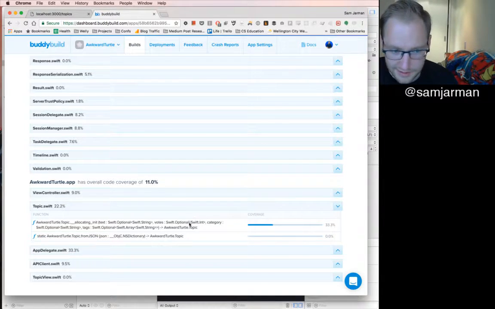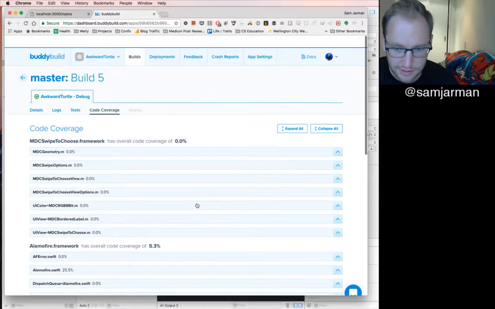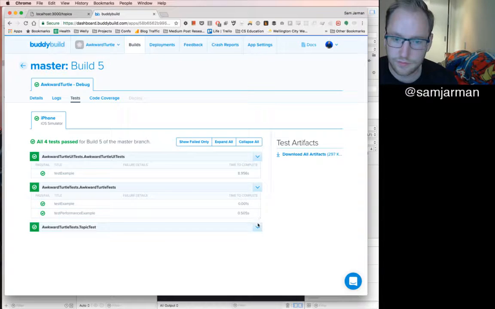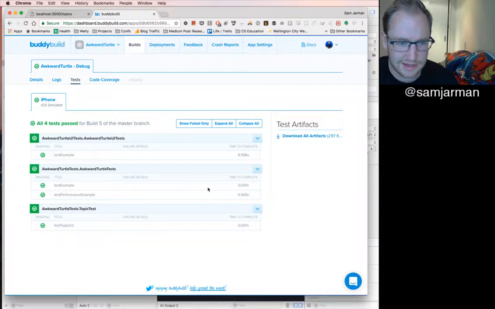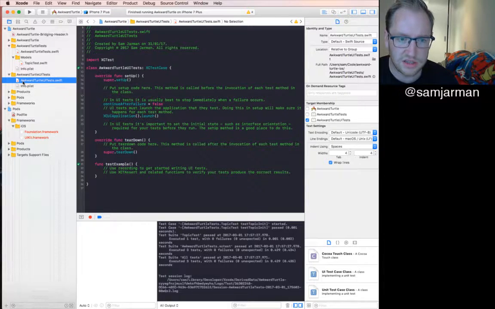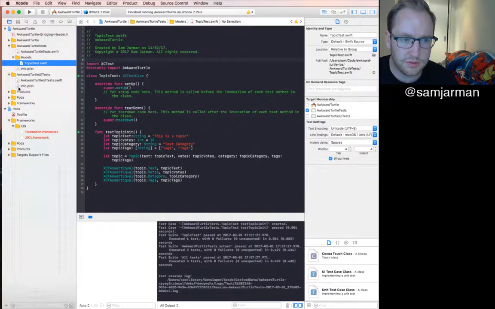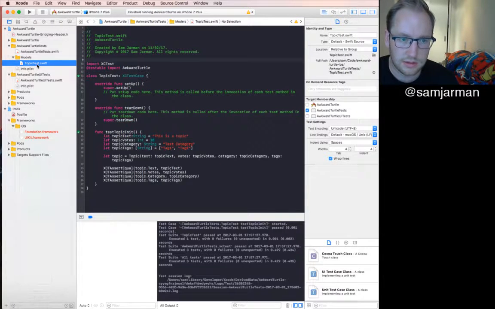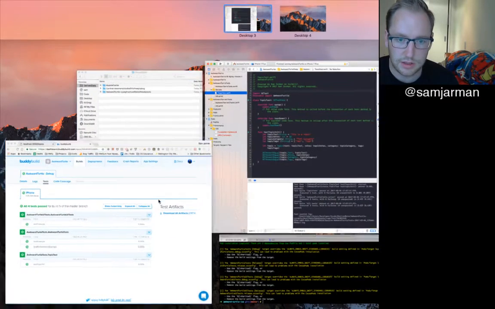That code coverage is kind of handy because it's good to know. It's really good to know. Tests. I misspoke. There was a nice test UI. 8 seconds. Nice. Oh, there's an example UI test. Is it? So there is. But where's that performance one? Oh yeah. Here's my 3 tests. Hey, that's really cool.